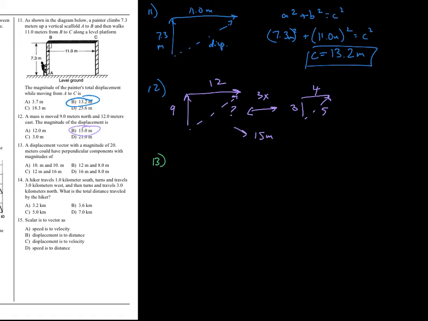Number 13 is kind of tricky, I would say. A displacement vector, this time we're looking at the hypotenuse. It's 20 meters. It could have perpendicular components, which means we're looking for these. What are those? Hint, hint, it's almost like a 3, 4, 5 triangle. So if you take 20 divided by 5,